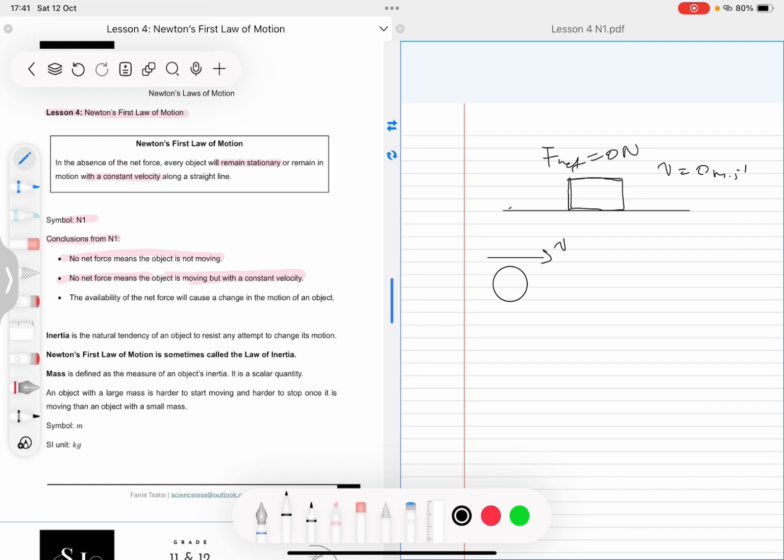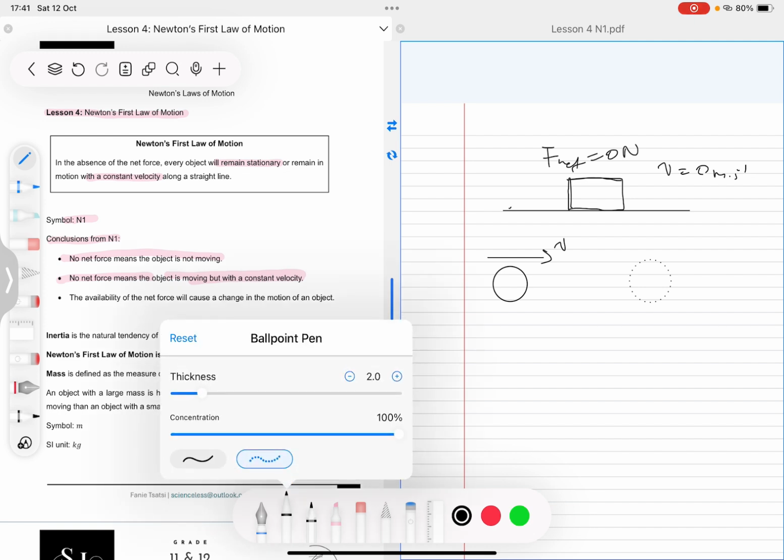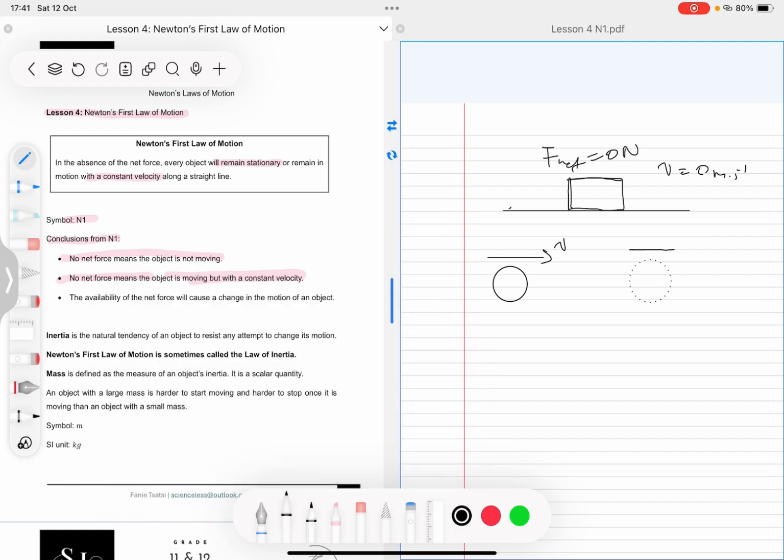What does that mean? It means when the ball gets to this point somewhere here, you'll find that the velocity hasn't changed. It still has the same velocity v. Even when it gets to this point here, as it moves horizontally, you will come to learn that this ball still has the same velocity v. It does not change velocity as it moves on a horizontal straight line. So this will be true if there is no net force, if the net force is equal to 0